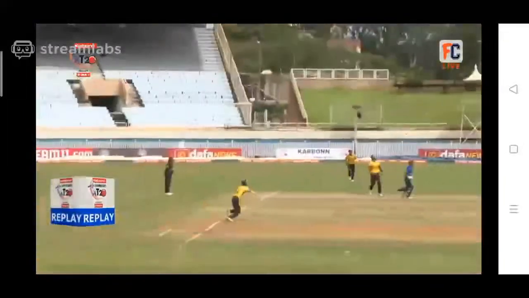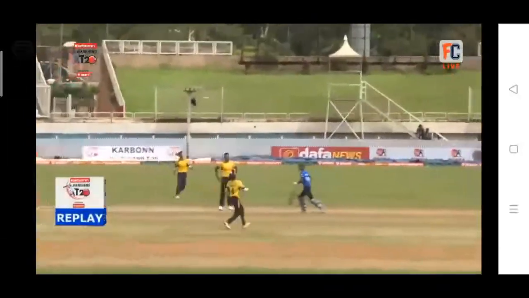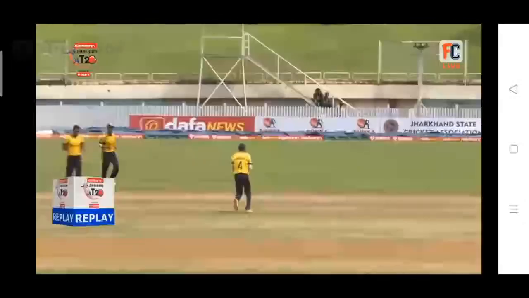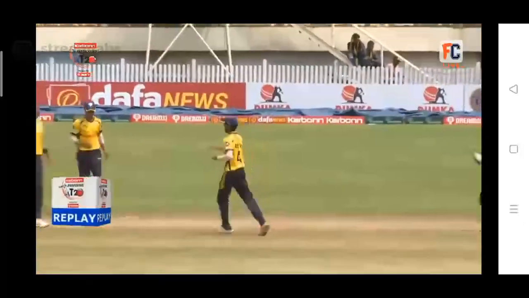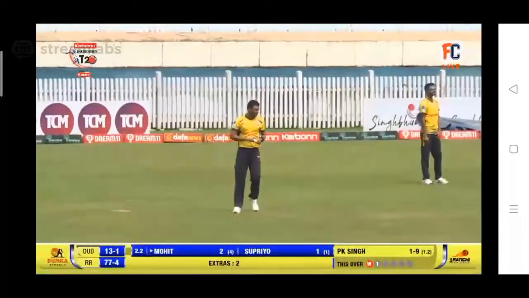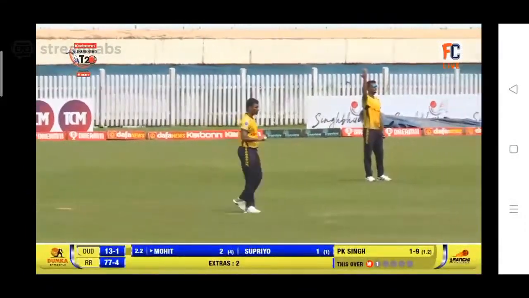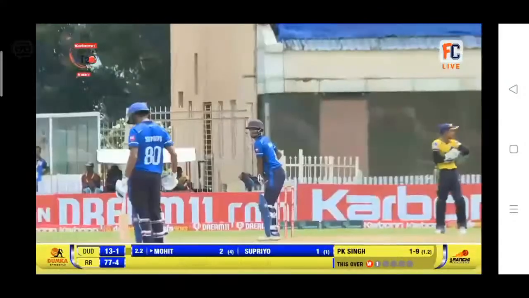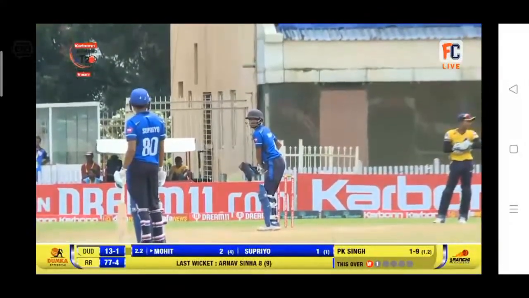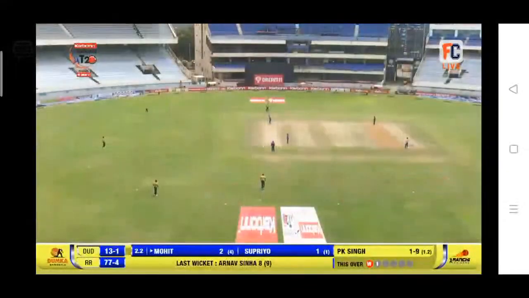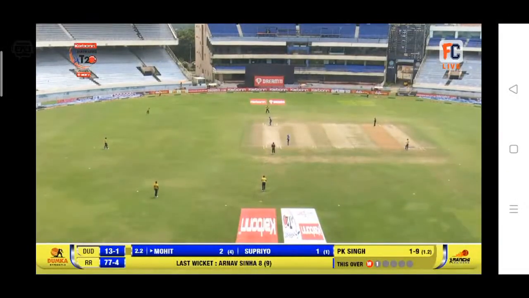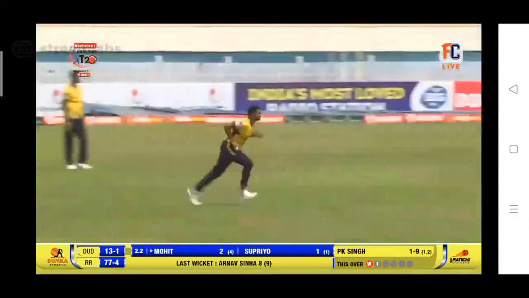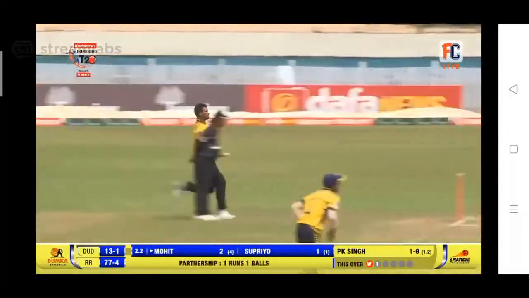See the replay, the ball pitching on the leg stump cocked up a little, and there was an easy catch. The batsman was trying to hit it over the infield, but got a top edge and was caught easily. There were 3 fielders converging, but one player was nearer to the catch, so he was allowed to take it, and he took it quite convincingly.